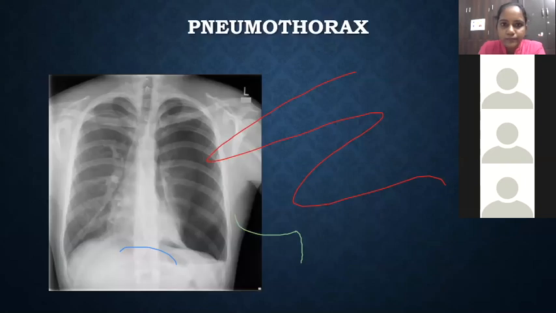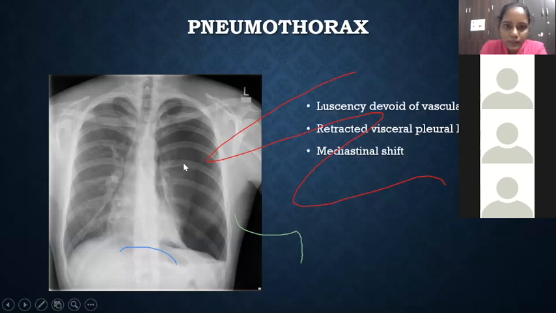And so here we can see the pneumothorax. So this is the left pneumothorax, and you can see the visceral pleural margin. So here, the lucency will be devoid of the vasculature. The visceral pleura can be traced, and there is a mediastinal shift, and the bronchovascular markings will not extend to the peripheries. And the important thing is this pneumothorax might not cause breathlessness.